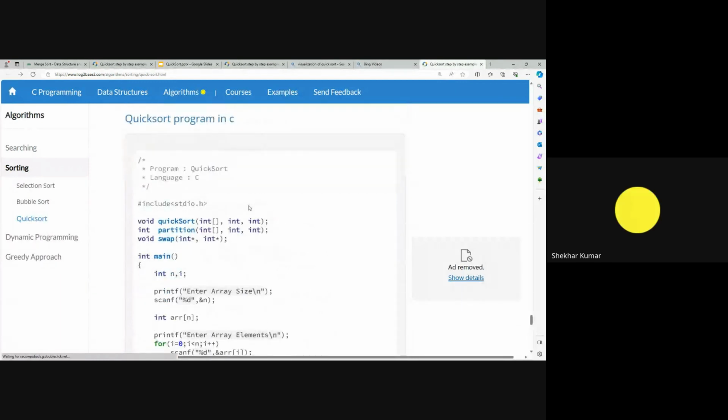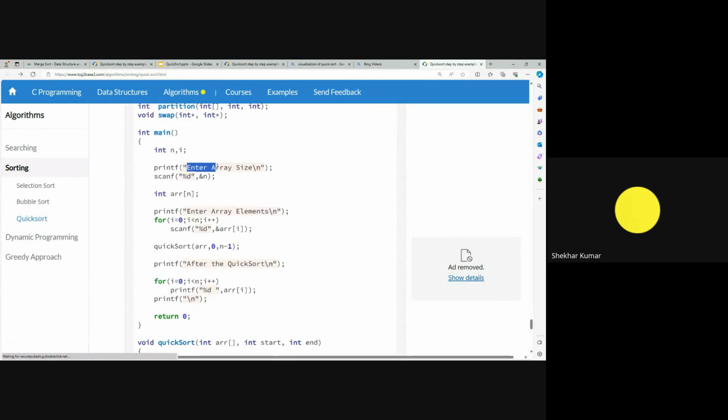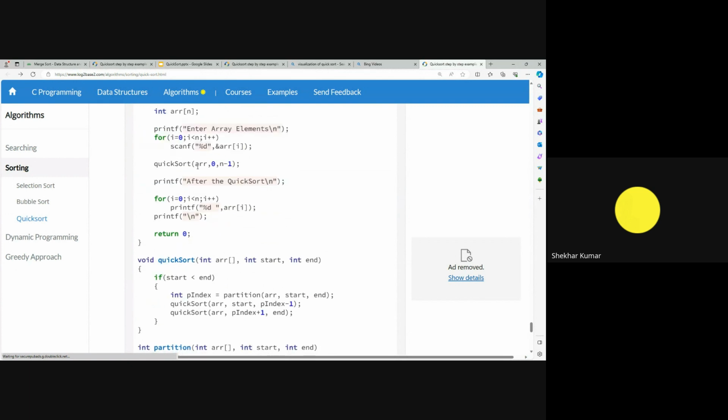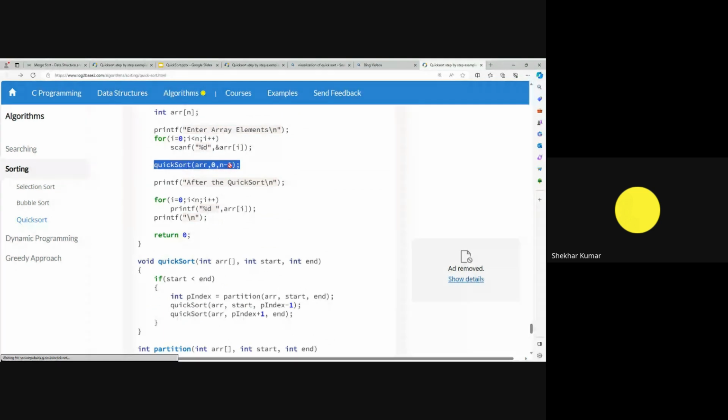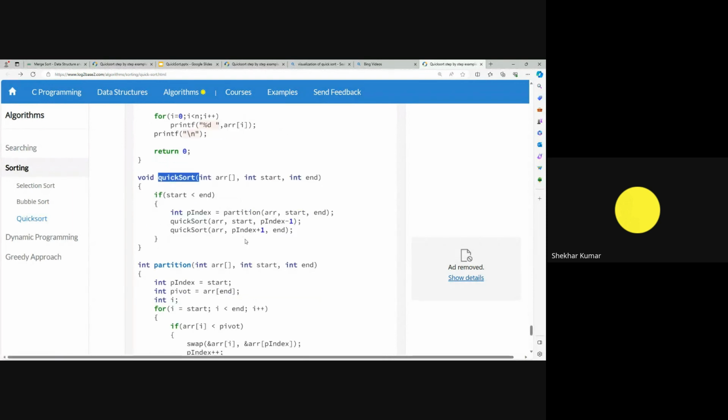This is the program for your quicksort algorithm. This is the main function. Inside the main function, you have entered the size of the array, and now these are the elements. This is your quicksort procedure on the array. After calling this function, we have jumped to the quicksort. In the quicksort, you have checked that the first element is less than the last, and yes, of course it is. Now you have calculated the index